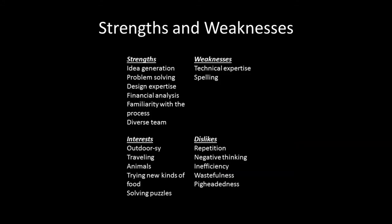Once you've created a mission statement as a team or within a company, you want to assess your strengths and weaknesses amongst the team members. And to do this early in the project, before the project even starts, you want to have every person on the team go off individually and chart or write down their strengths and their weaknesses. And then you want to have a meeting maybe a week later and actually bring those together